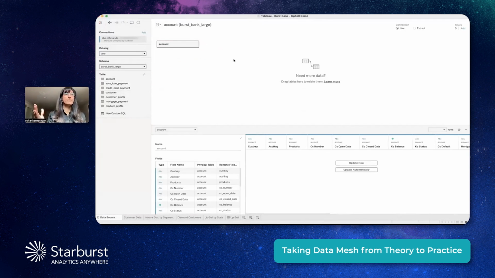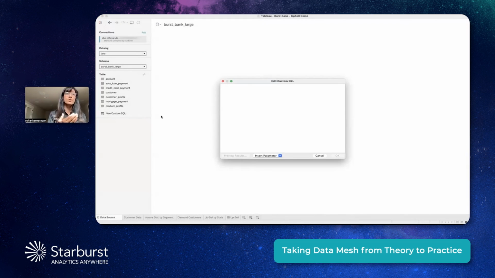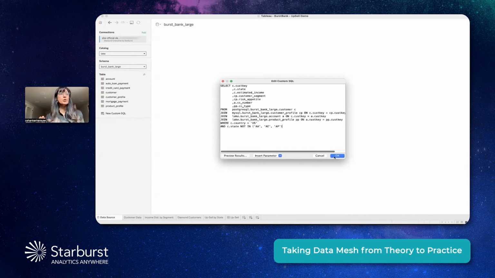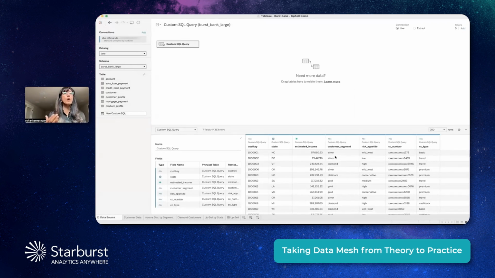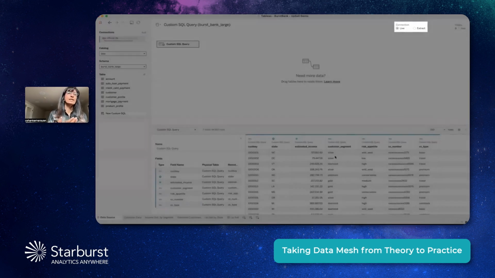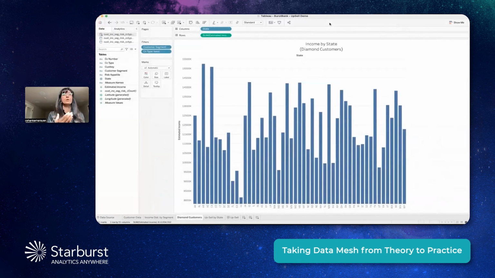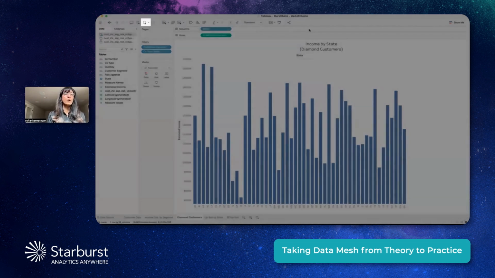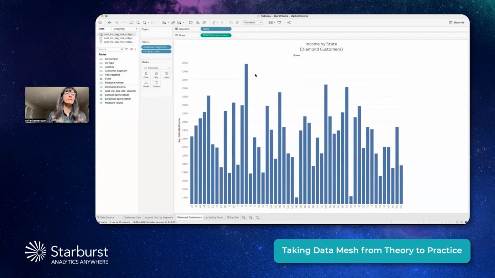Users can drag individual tables onto the data canvas to build their data set. Or for optimal performance, you can use custom SQL or even leverage curated data products that have been created in Starburst. So with Starburst, users no longer need to rely on extracts or run the risk of working with stale data. Instead, they can use live connections to ensure they're working with fresh data. Thanks to the lightning fast performance of Starburst, users no longer need to leave auto updates turned off. As they make adjustments to their reports, results are quickly returned so they can stay in the flow.